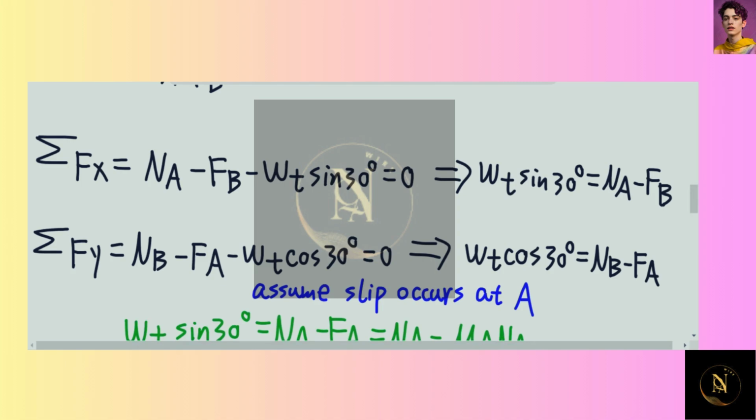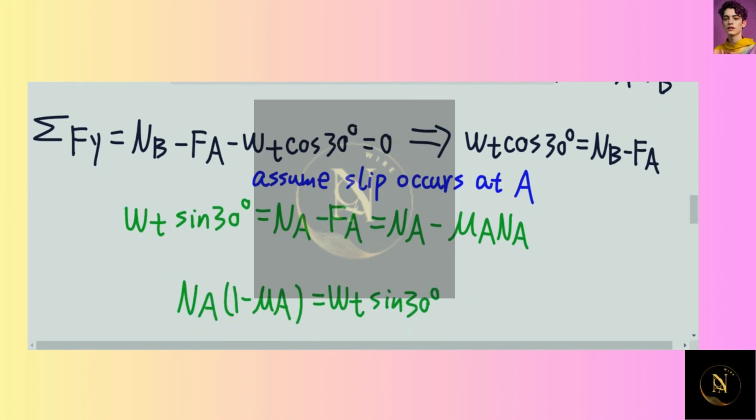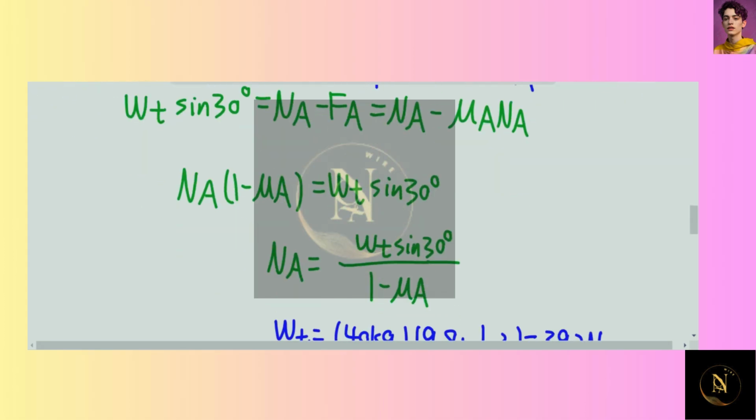So assume that the slip occurs at point A. Therefore, we have Wt sine 30 degree is equal to Na minus Fa, which is equal to Na minus mu A Na, since we assume that slip occurs at point A. So the friction at point A now is the static friction. If you do some rearrangement here, eventually we'll have Na is equal to Wt sine 30 degree over 1